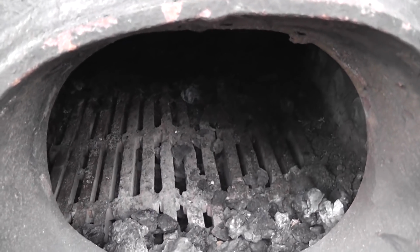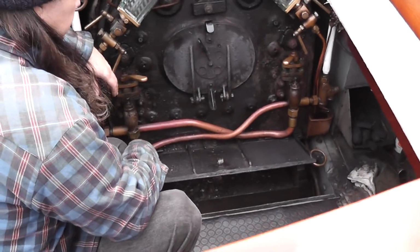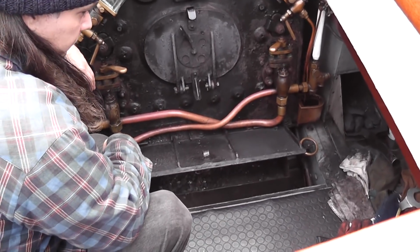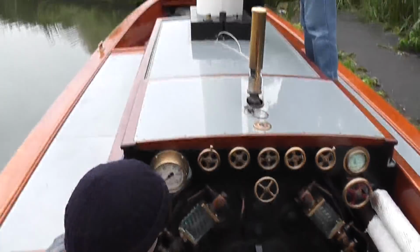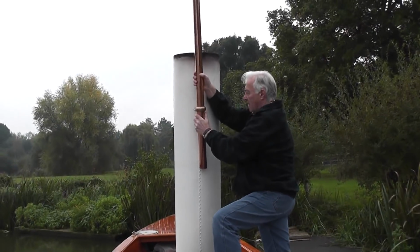Right, I'll let Paul get on with the firing. Right, Paul's ashing out now. He's just waiting for the ash bucket to be returned. Putting the escape pipe into the...